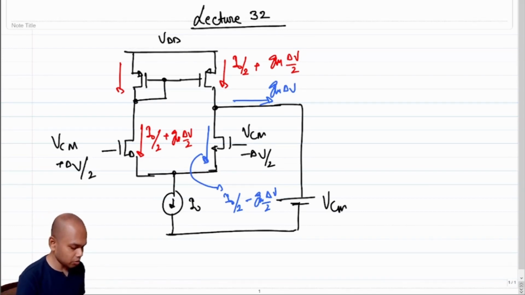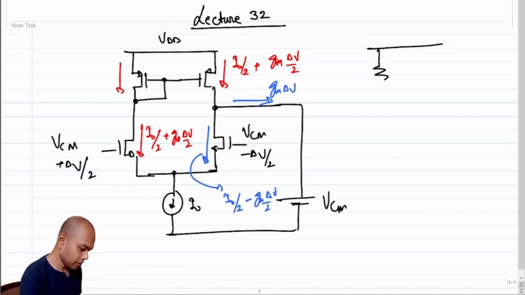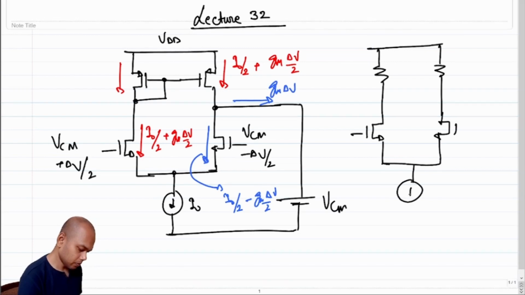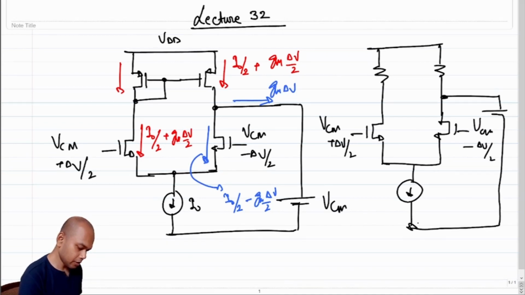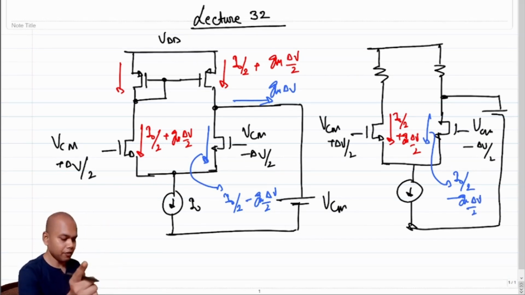In this case I have put a battery just to be mindful of the fact that we are dealing with quiescent conditions also, right? So this is different from the case where we didn't have the current mirror. If this was VCM plus delta V by 2, and this were VCM minus delta V over 2, and we did something similar, this current still would have been I naught over 2 plus Gm delta V over 2, and this current would still have been I naught over 2 minus Gm delta V over 2. However, note that there is no mirroring happening from the top, right? Since there is no mirroring happening from the top, the short circuit current,